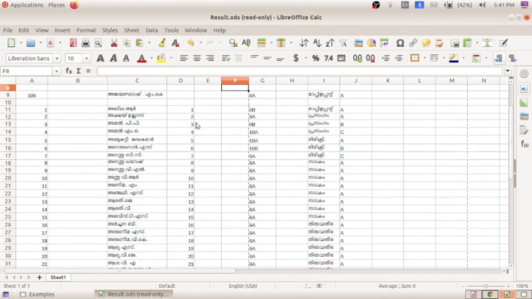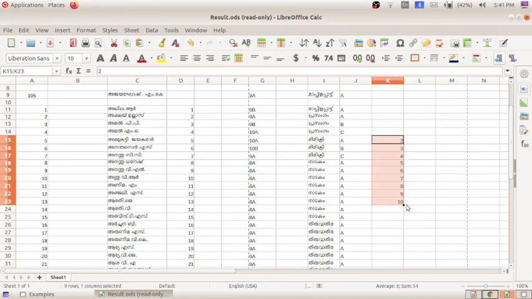If we want to write the serial numbers in a different order, that means if I want to see only even numbers or odd numbers, suppose I have written 2 here. Even numbers means what? 2, 4, 6, 8, like that. If I drag, what will happen? You will not get it like that, only a plain serial number will get displayed. So for getting a different series, if I want to see even or odd numbers, how can I do that?